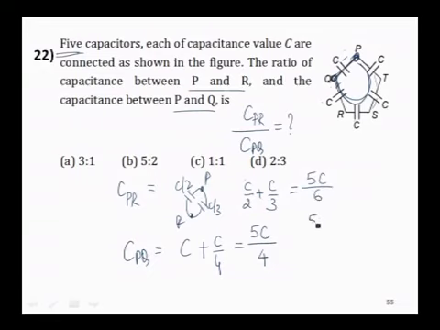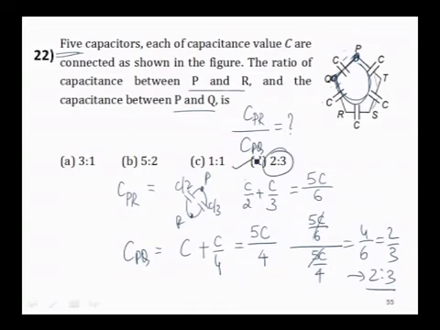So, 5C by 6 divided by 5C by 4, this gets cancelled. So, you are getting 4 by 6 or 2 by 3, which is the same as 2:3, and therefore, the correct option is D for question number 22. Going further,